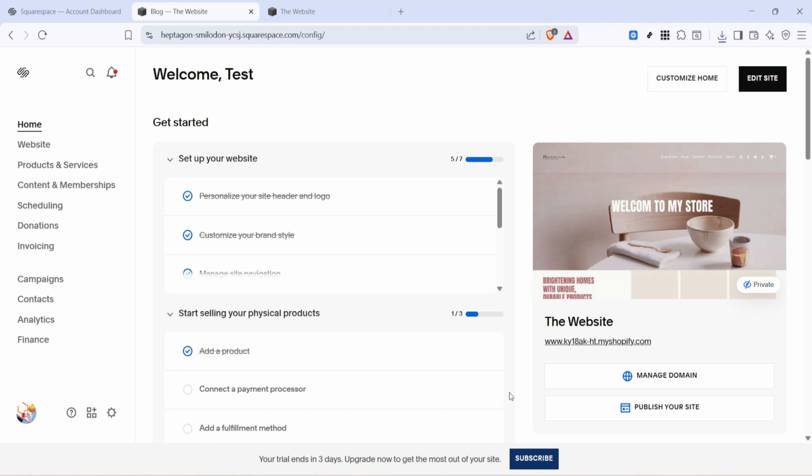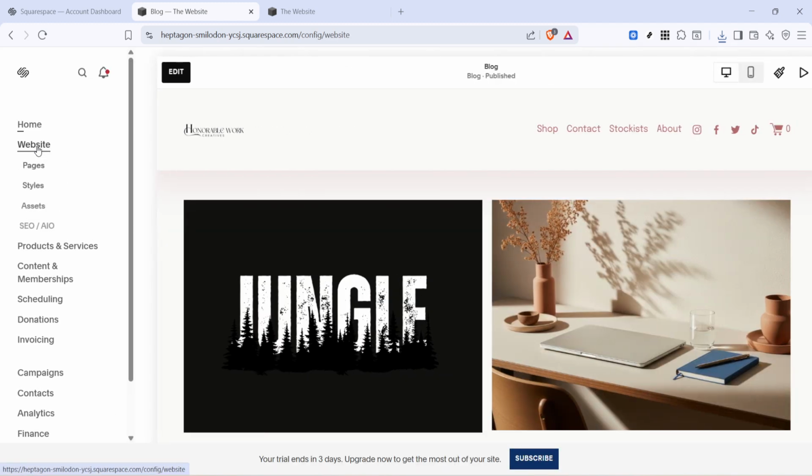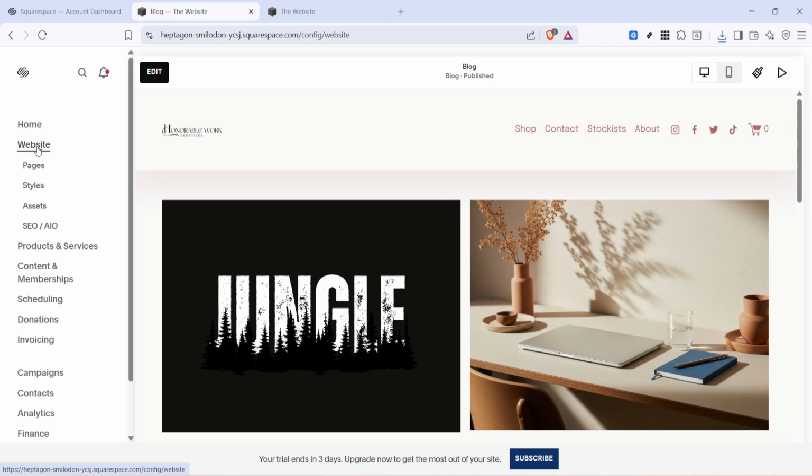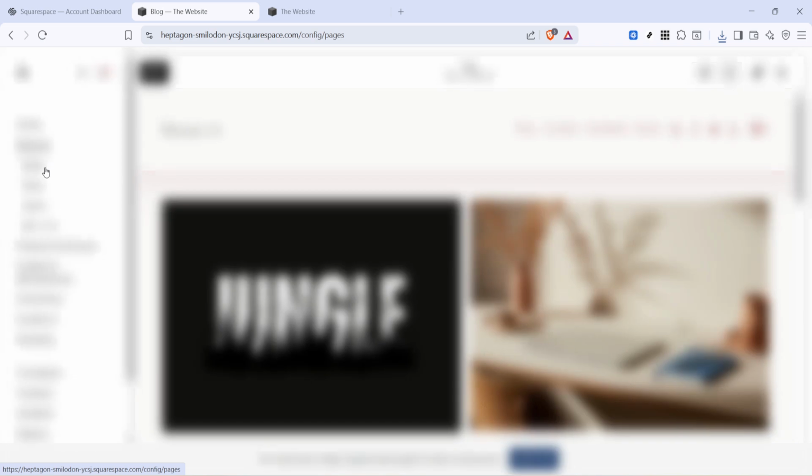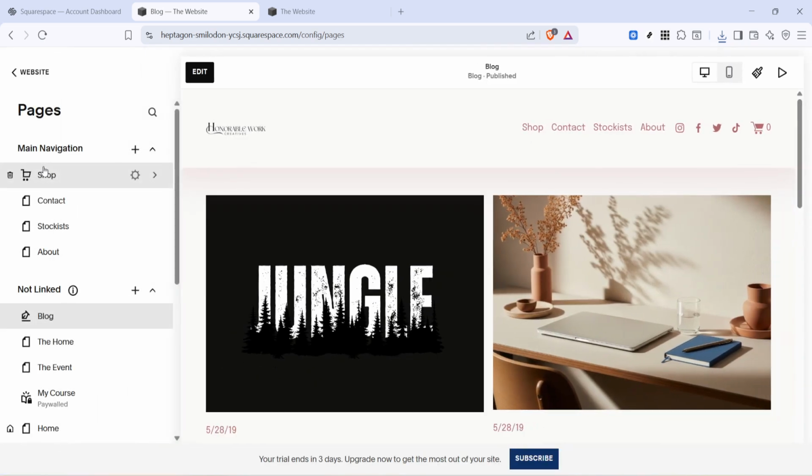text to the page. To begin, log into your Squarespace site dashboard and click on Website. This is where you manage the structure and content of your site, including pages, navigation, and layout settings. Next, click on Pages. This opens the area where all of your site pages are listed. Here, you can create new pages, organize them, and control whether they appear in the main menu or stay hidden